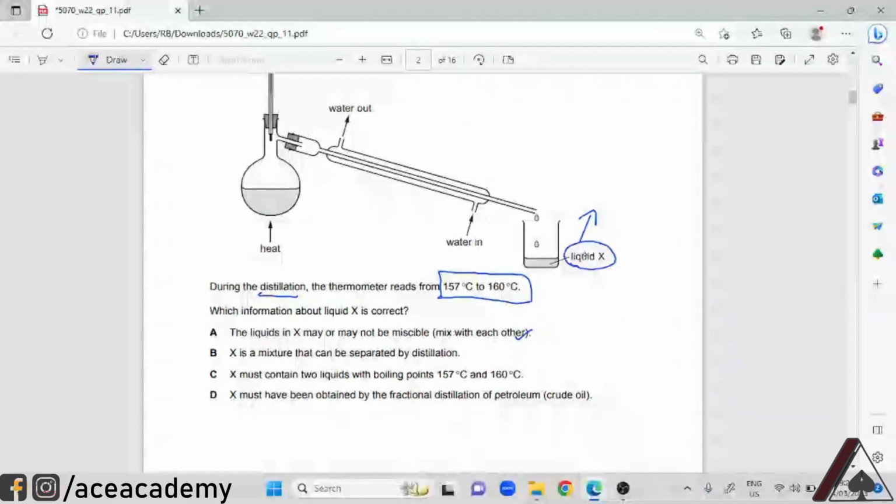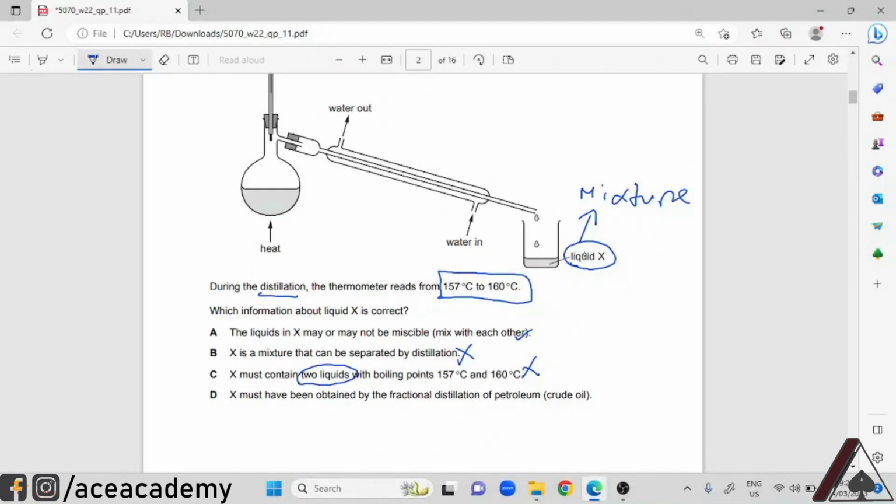Note that we have already carried out the distillation and still received a mixture that is not pure, right? We have already received liquid X after the distillation process, and we know that liquid X is still a mixture and the pure substances cannot be separated from liquid X. As a result, option B is not the answer. C says X must contain two liquids with boiling points 157 degrees Celsius or 160 degrees Celsius, which is not correct. This is not correct because we don't know exactly how many liquids are present and we